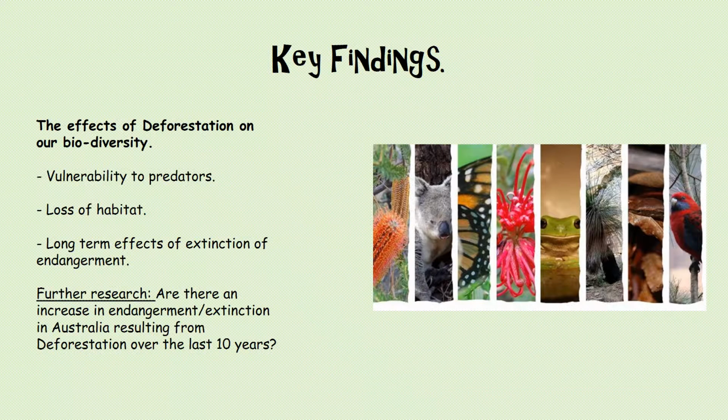Australian animals live in trees as it provides them with a sense of security, and when these trees are cut down, several animals are losing their homes, resulting in vulnerability to predators and a lack of protection from extreme weather conditions. They also use trees to find food, and when trees are removed, animals are not only struggling to find a place to live, but also struggling to find food, and this can cause starvation and illness.